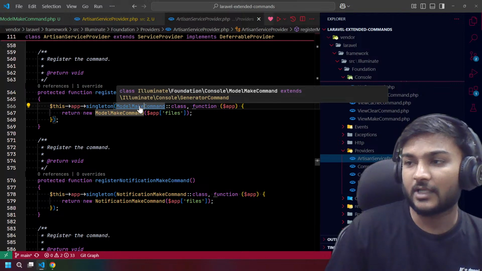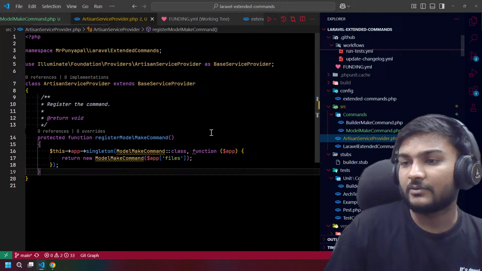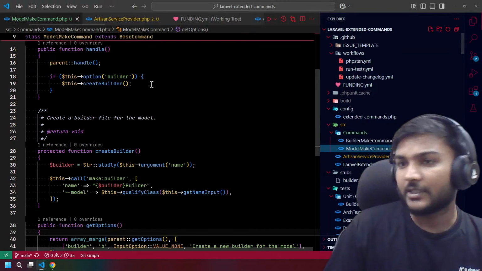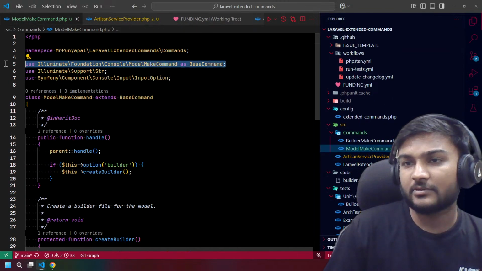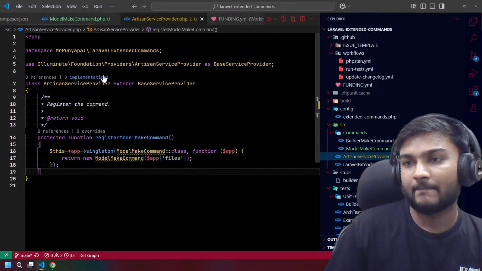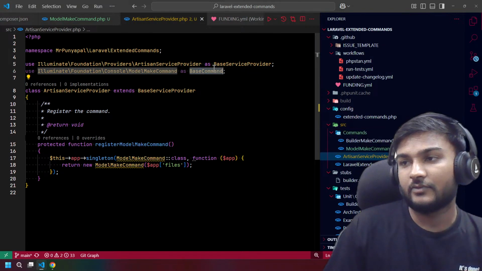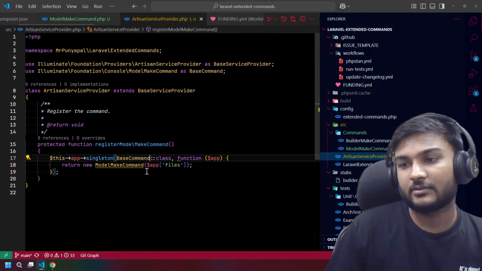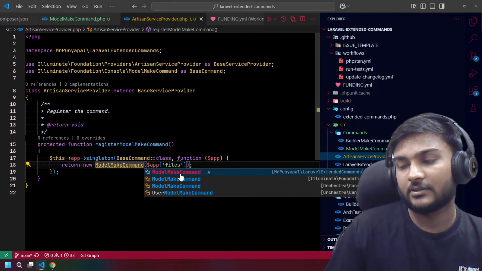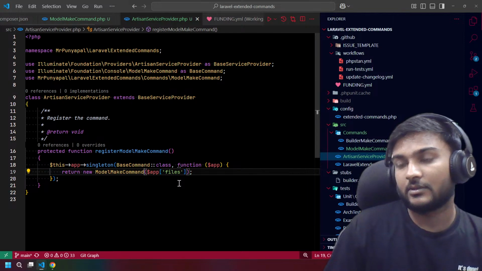This model class is a base, so we can go to the model and just copy. I hope that's going to work. I'm really not sure. And we can call it a base class.